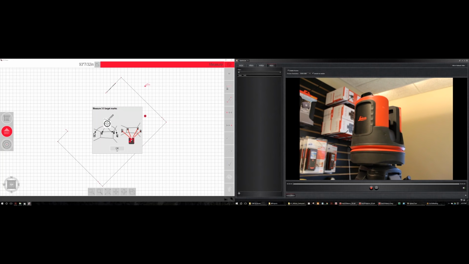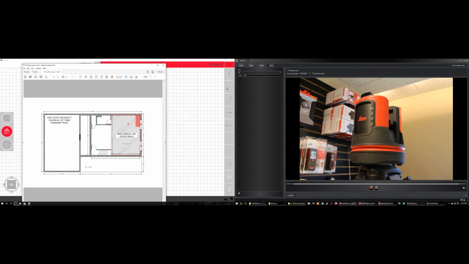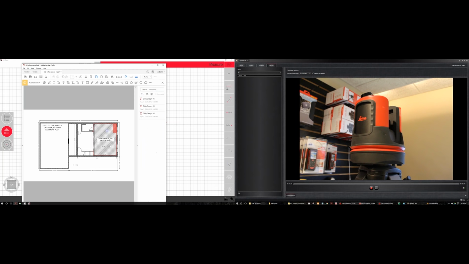And this is a help text that comes up, and it's going to say measure 3 to 5 points. The key to this is it's going to be someplace that the Disto, when you relocate it, is going to be able to hit those 3 to 5 points. So if I have the Disto here and I measure a point, let's see if I can do this. So if I measure, say, a point right here and a point right here and a point right here,